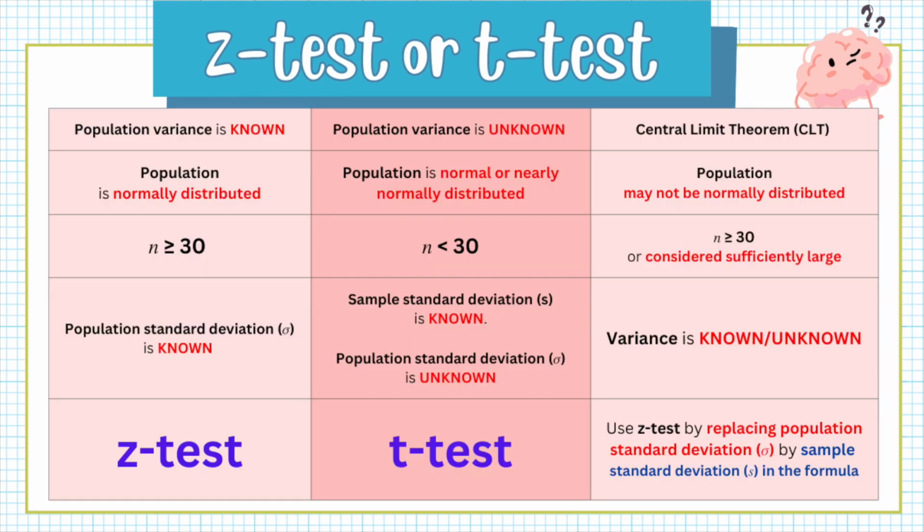To sum this up, in choosing the appropriate statistical tool, let us first know the sample size, whether it is less than or greater than 30, whether it is sufficiently large or small. And then check whether the standard deviation, the population standard deviation or the sample standard deviation, is known.